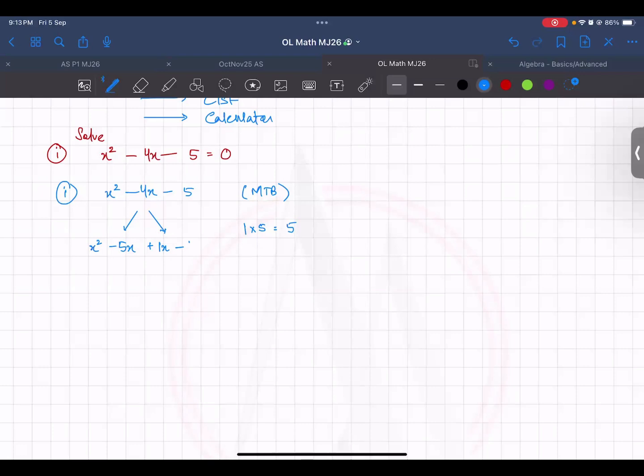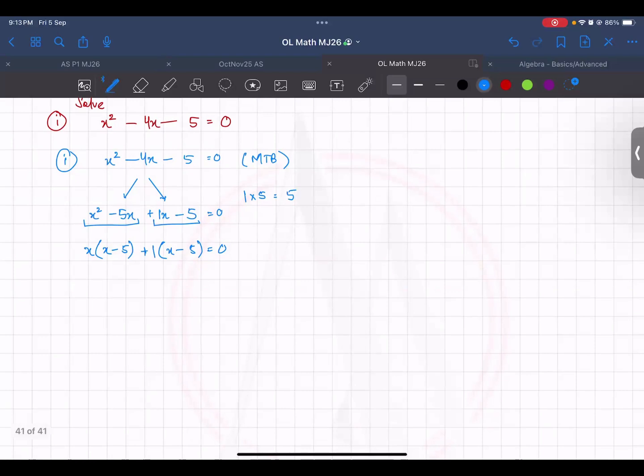And x square and minus 5 are copied down, and then we take common between the first two and then the next two. So x taken common, x minus 5. Plus, there's nothing common, so 1 taken common, and you get x minus 5 is equal to 0. I forgot, is equal to 0. Always copy the things down into the next step, even if you are not using them. Okay? Don't just skip them out. If you leave something that you're not doing in that step, you will forget it. भूल जाओगे, फिर copy किया नहीं किया, आगे पीछे हो गई चीजें, and then you will get the answer wrong. So whatever you're not doing anything with, you just copy it down with each of the steps.